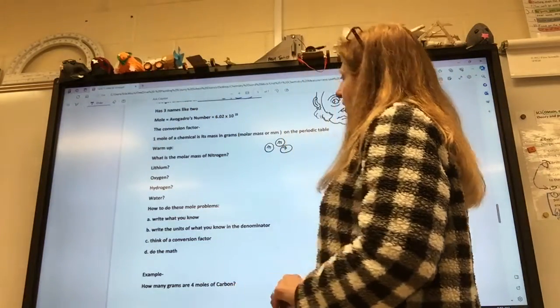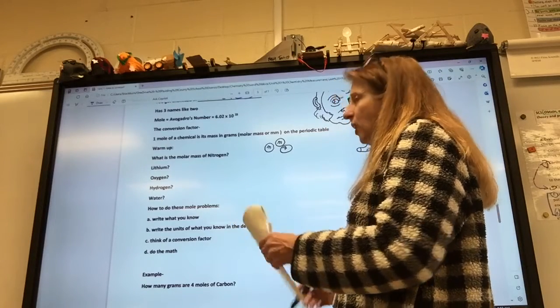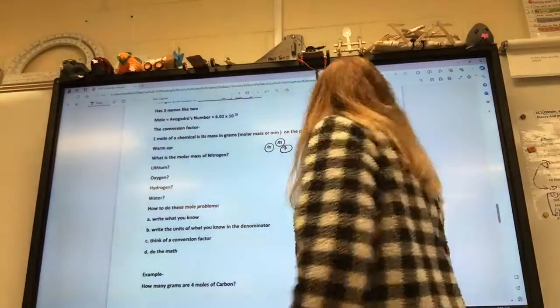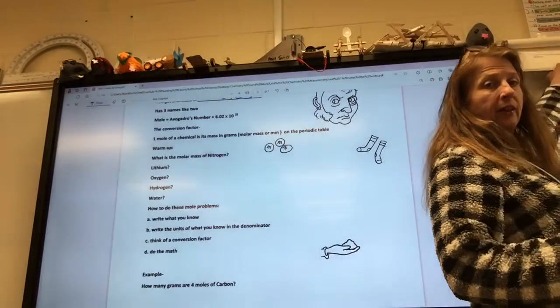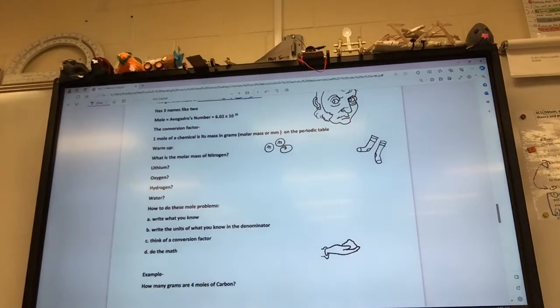Okay, so here is our first one. What is the molar mass of nitrogen? Okay, so what you do is you go look at the periodic table. I guess I'll pull this one down. I don't think they can see it on YouTube anyway. Let me just get a little one, and then y'all can look at the big one up there. Don't worry, I have periodic tables everywhere.